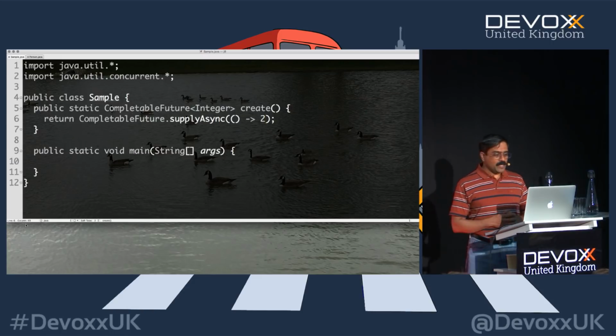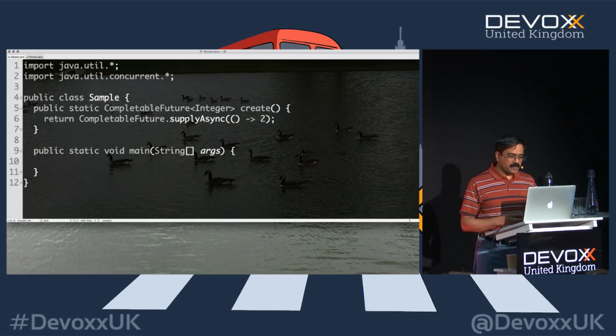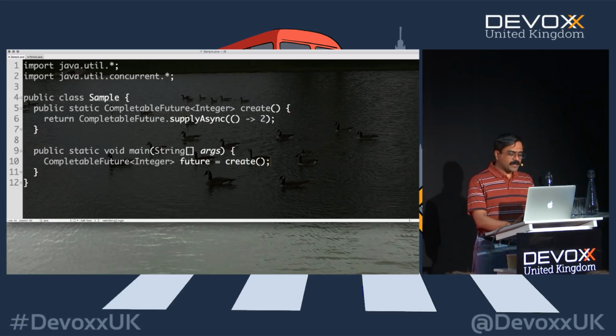That's all I'm going to do. Nothing really exciting. So what does this completable future do? When you call it, it returns a value of 2. It doesn't really do much work. Obviously, you could have returned the 2 directly, but asynchronously, it's going to return the 2. We'll build upon this a little bit later and work with it. So back over here, what do I want to do? I want to say CompletableFuture of Integer. We'll call it future or promise, whatever you want to call it. I'll just call it future is equal to, we'll call the create method right here.